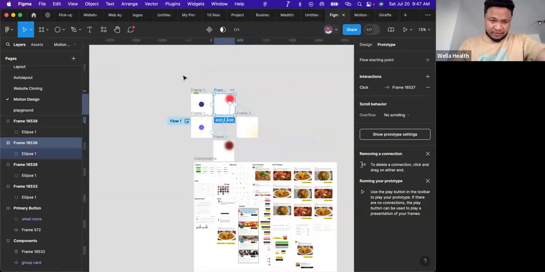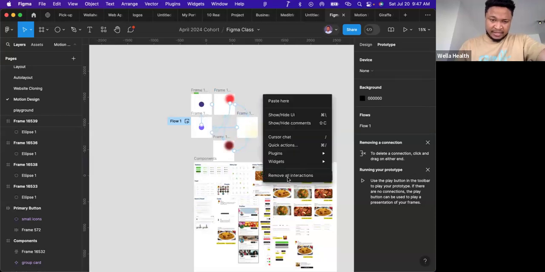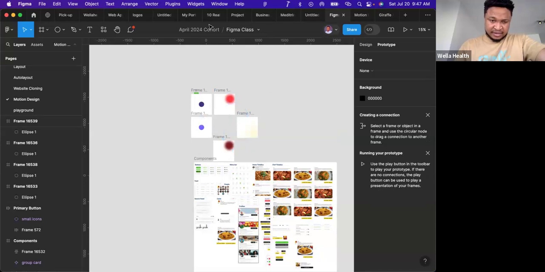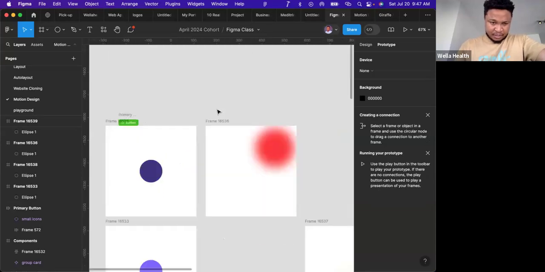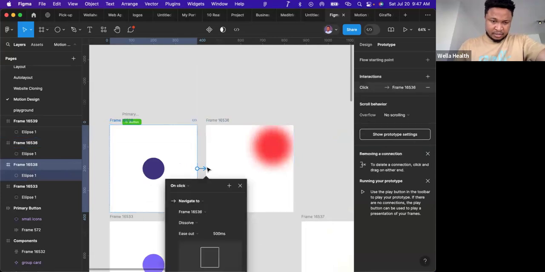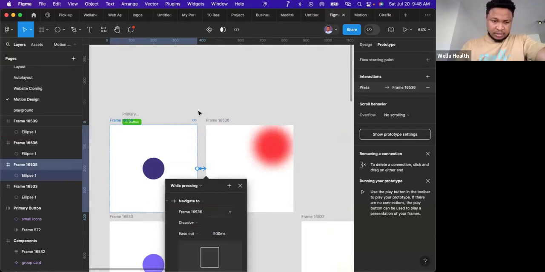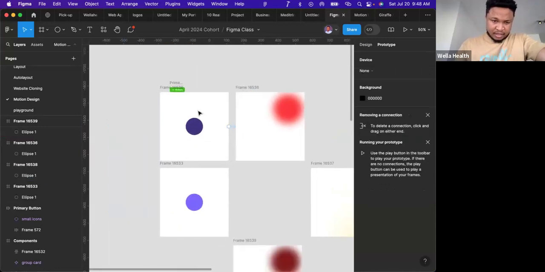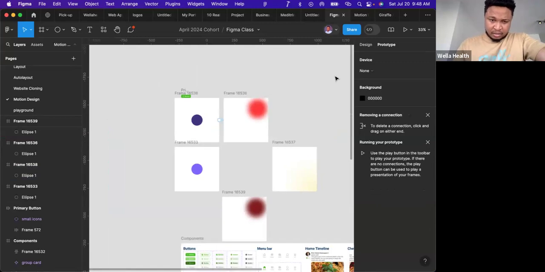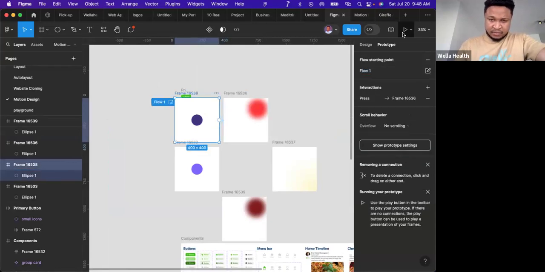Okay, first of all, if I want to remove all the interactions, instead of removing them one by one, I can right click here and remove all interactions, so I can start afresh. So here I can say prototype, while pressing, go there. I'll make this the start of our prototype now. I'll make it the flow start so that when I play,